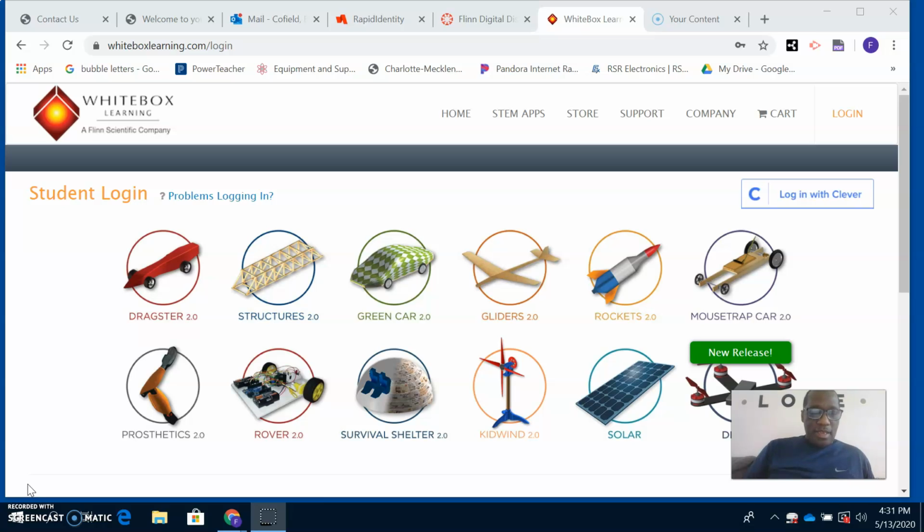We have an activity, or I have an activity for you to do, which is called Structures 2.0. It's for middle school. You're going to be constructing a bridge, like you see as Structure 2.0, and you're going to have to go on to